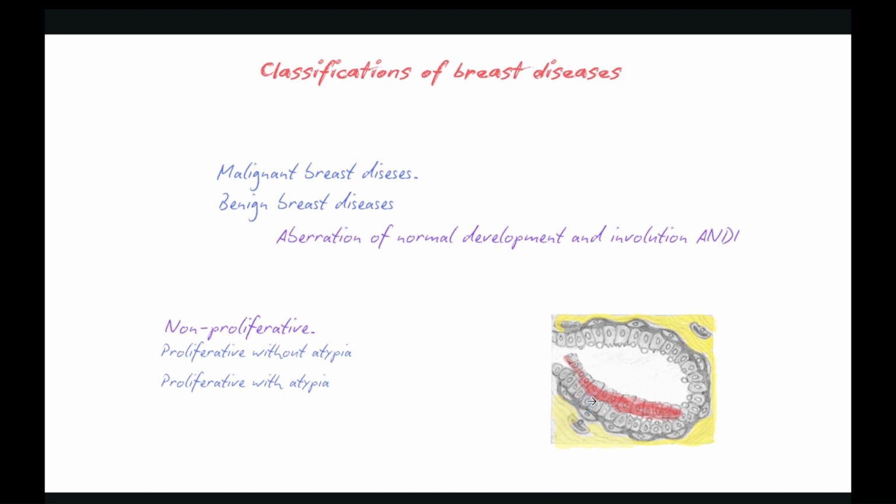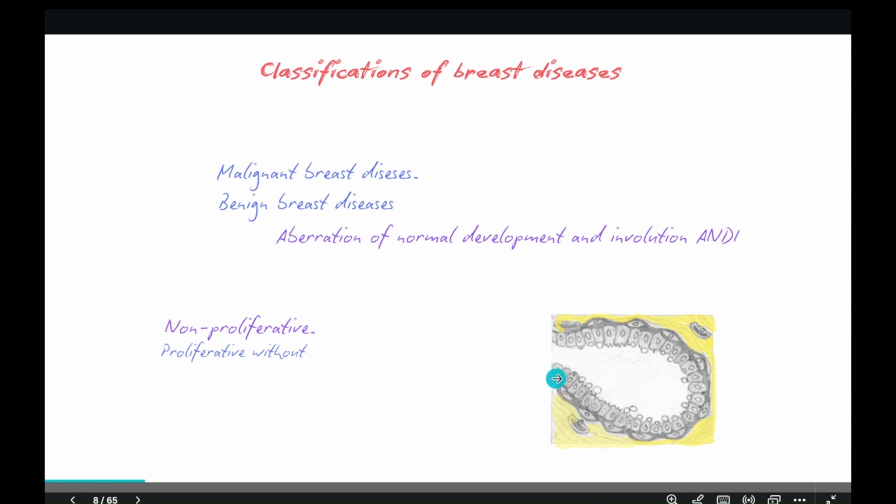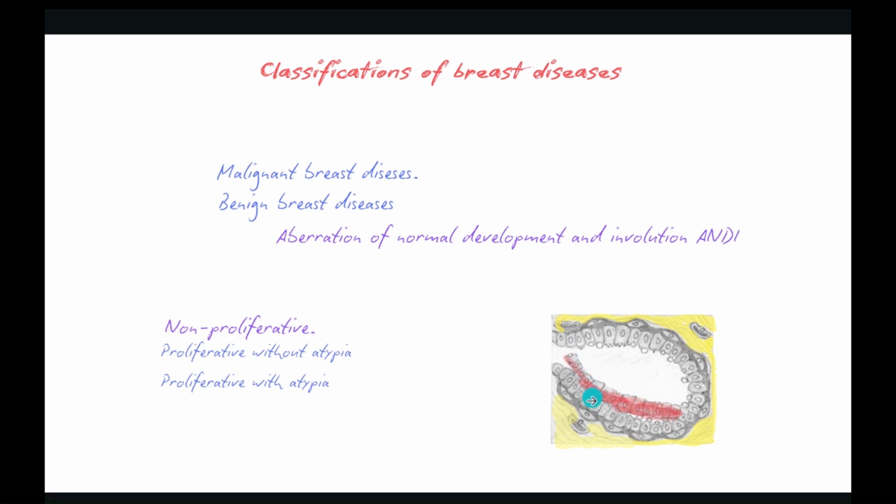For example, where there is only one layer of epithelial cells, this is normal. Once there are two layers or more, we call it proliferative without atypia. Once there are malignant changes of this extra layer of cells, we call it proliferative with atypia. So you will find that in the next slides, we will use such classification while we are talking about each